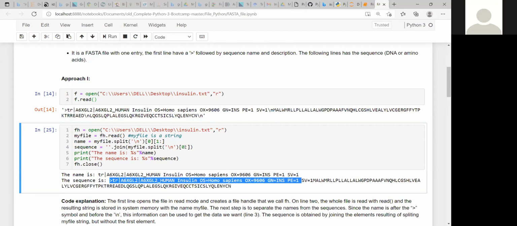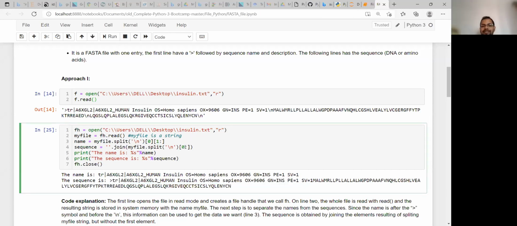Sir, how can you count the elements 1, 2, and 3? Sir, which one? No, it is the index position. Suppose you are getting that as a list, and this 0th element is the first element, and the 1 element is the next one. And your aim is to find the sequence without the header name. So that's why we are using from position 1 to all.